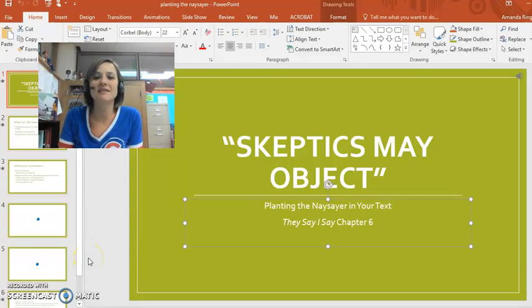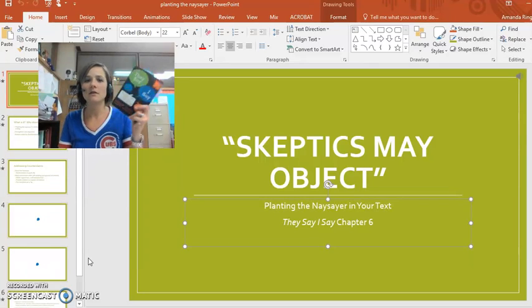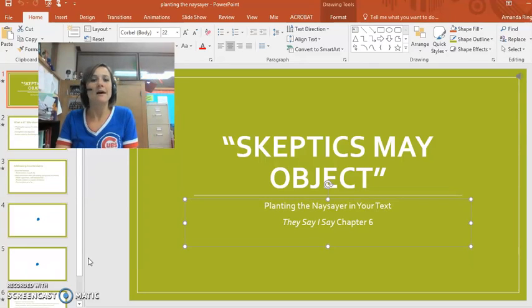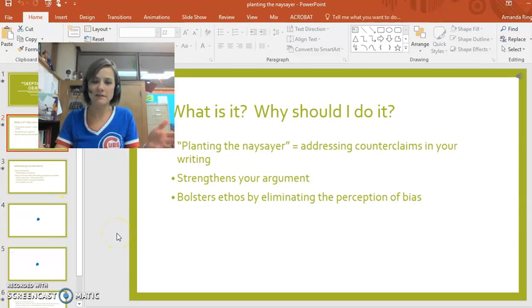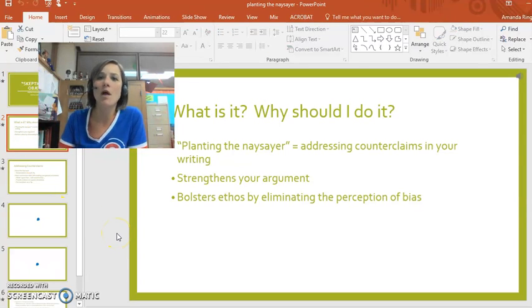So this presentation is all about integrating the counterclaim into your writing. So we're going to be using They Say, I Say again, focusing on Chapter 6. Alright, here we go. So, first, let's define what the counterclaim is and why we should use this in our